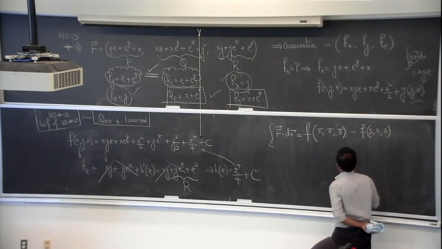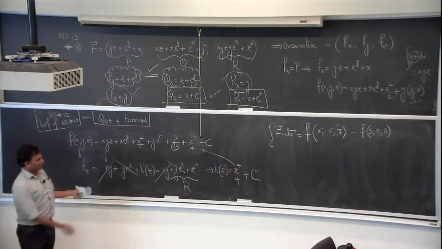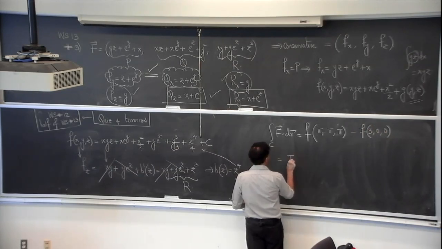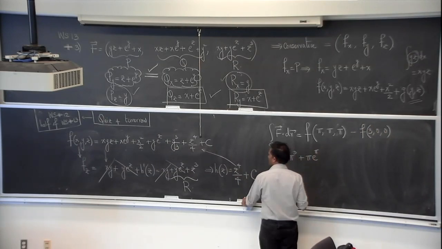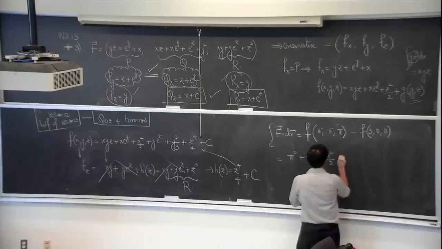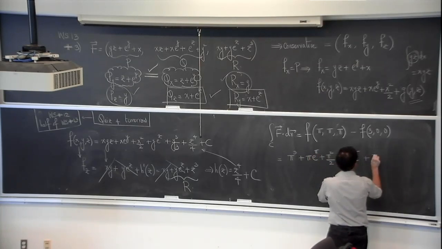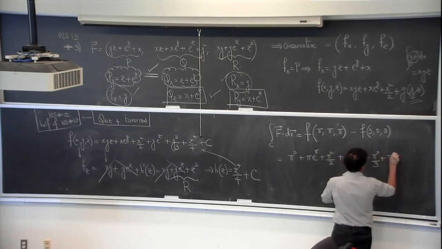Almost. So it's a fun thing to do now. Put pi's everywhere. Okay. So it's going to be pi to the power of 3 plus pi e to the power of pi. Please don't calculate anything. Plus pi square over 2 plus pi e to the power of pi plus pi to the power of 3 over 3 plus c minus